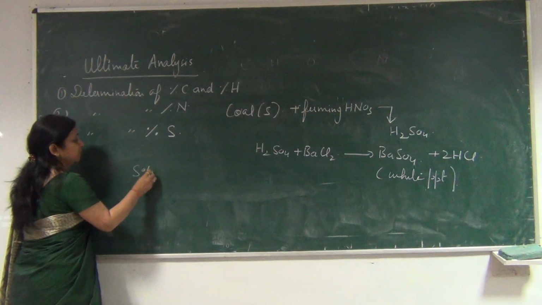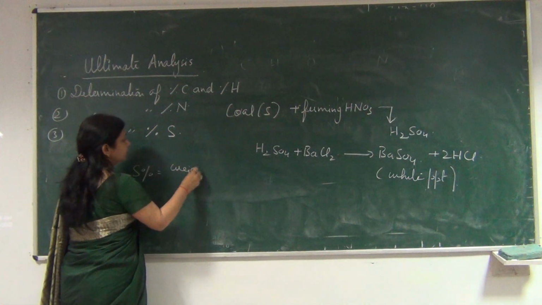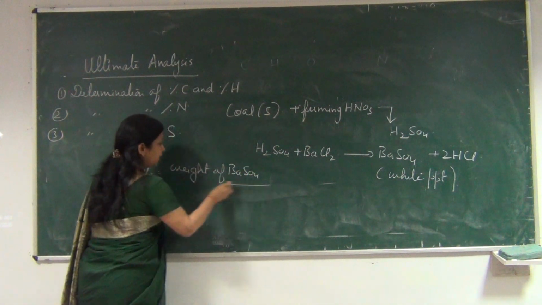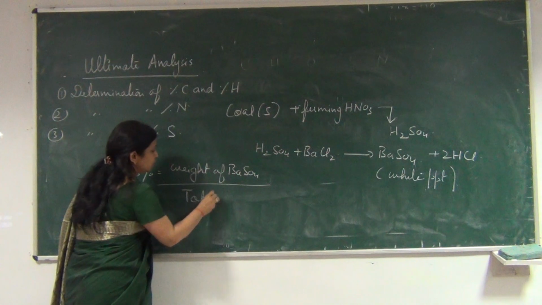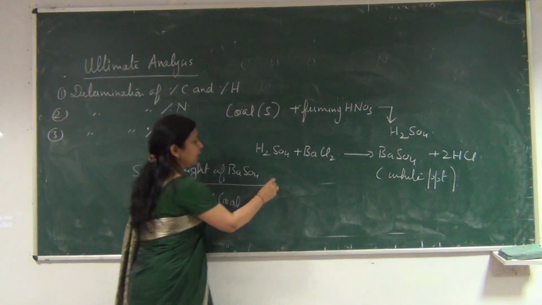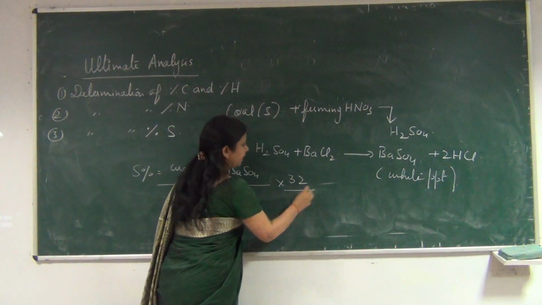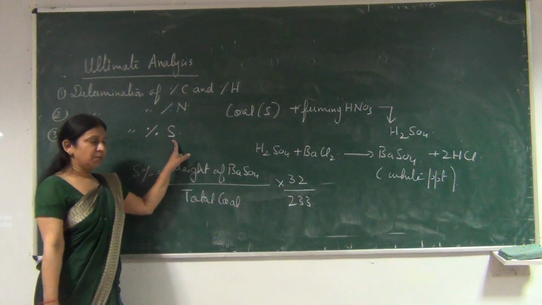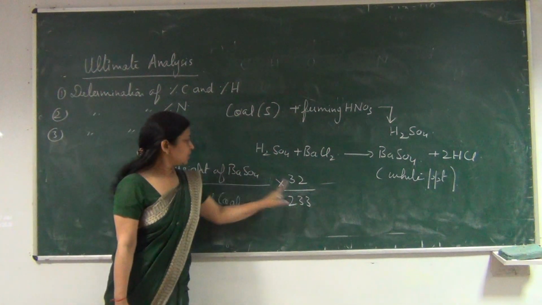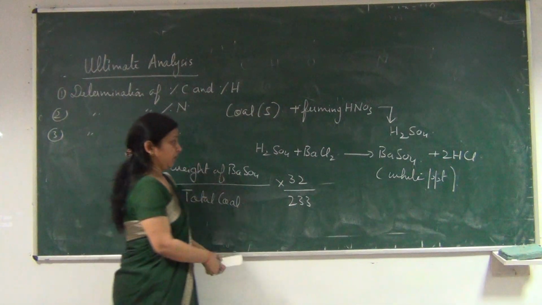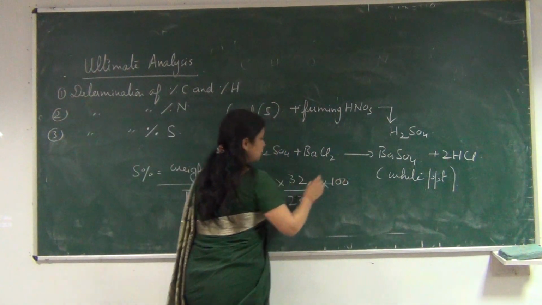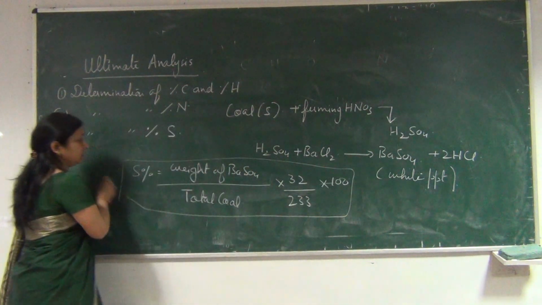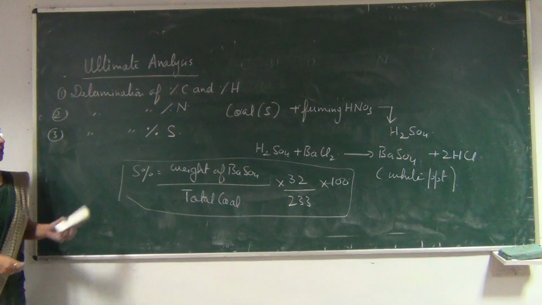So the percentage of sulfur is given by weight of barium sulfate divided by total coal into 32 divided by 233. 32 is the molecular mass of sulfur, and 233 is the molecular mass of barium sulfate, into 100, because we are calculating percentage. So by this formula we can calculate the percentage of sulfur which is present